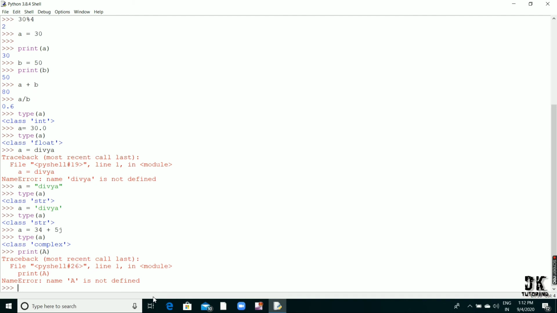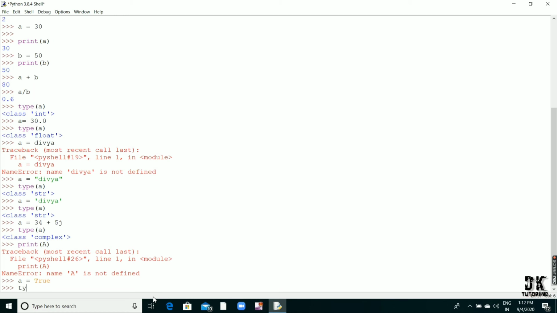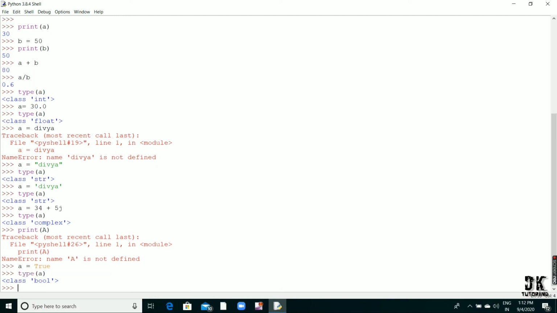Now one more type that we have is boolean. If I write a is equals to True, boolean means true and false, so that will be defined as a boolean. Let's check the type of a. I get class bool.